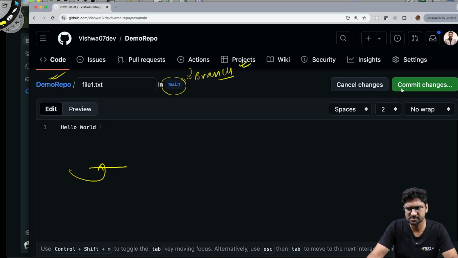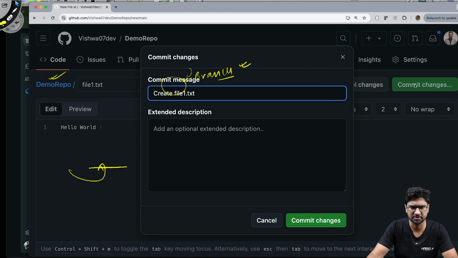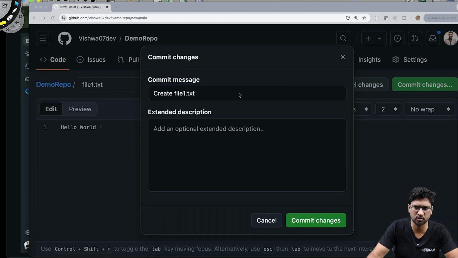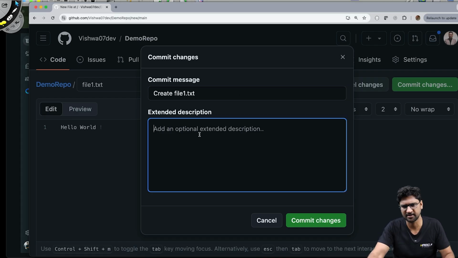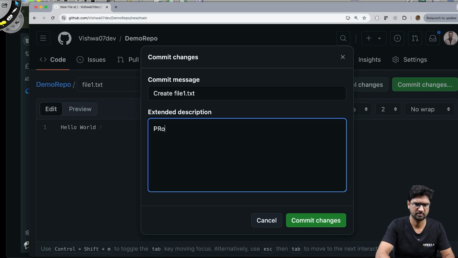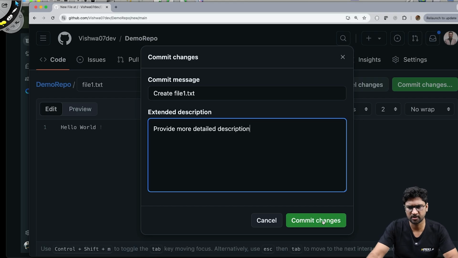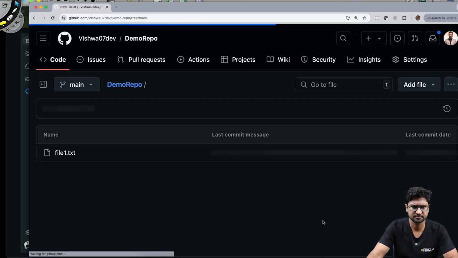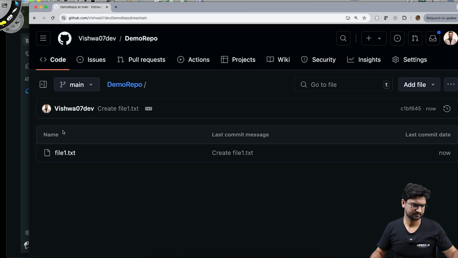Once I'm done with this, I again have to click on commit changes. When I do that, I have to provide the commit message, which has just been given the name of this file. I can change it, and I can provide a more detailed description. I click on commit changes, and now if you see here, this is my repo,